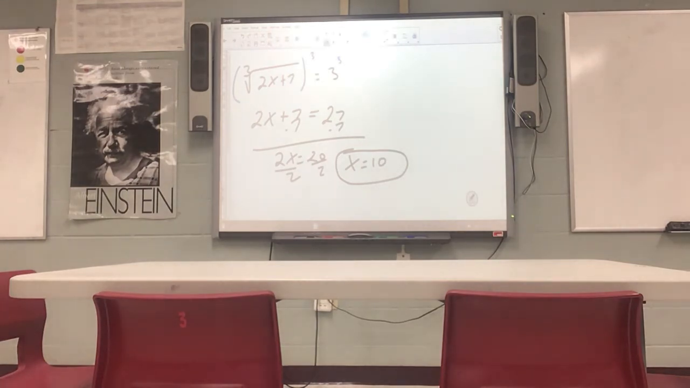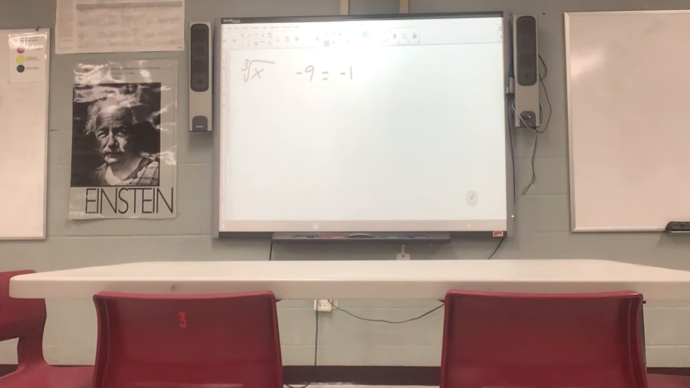All right. Pretty easy. Y'all like that, don't you? Let's look at this one. It starts off a little bit different because this time only the x is being cube rooted. So we've got the cube root of x, and I spaced mine way over so I didn't get confused. The cube root of x minus 9, and the minus 9 is not underneath the radical, is equal to negative